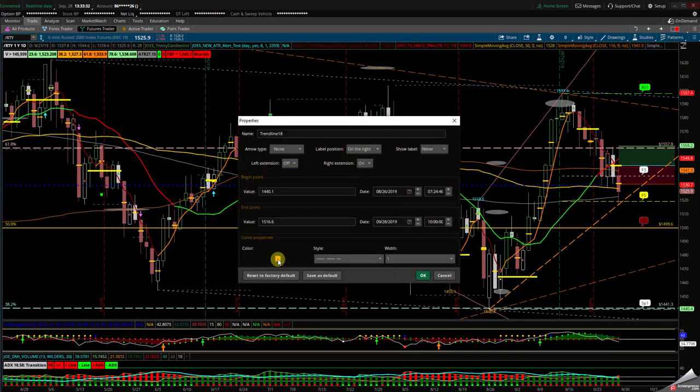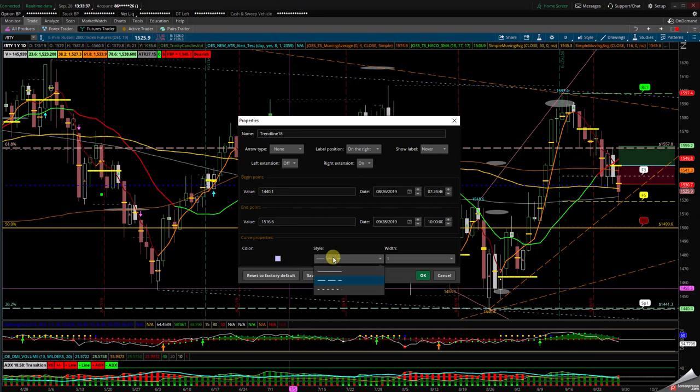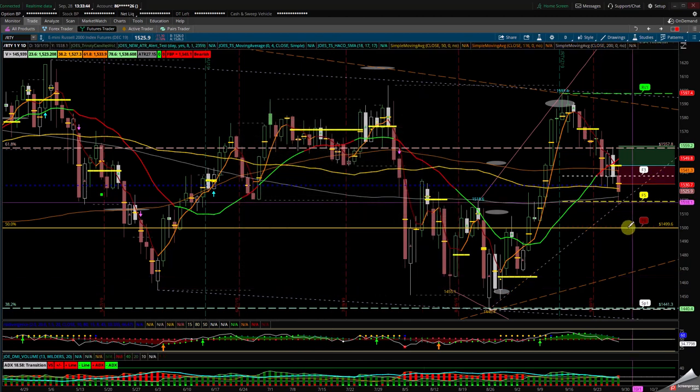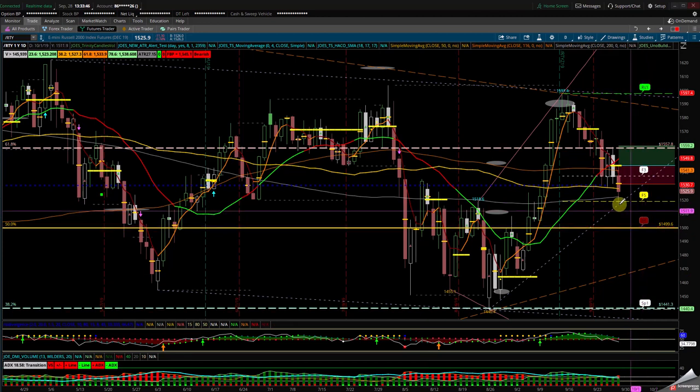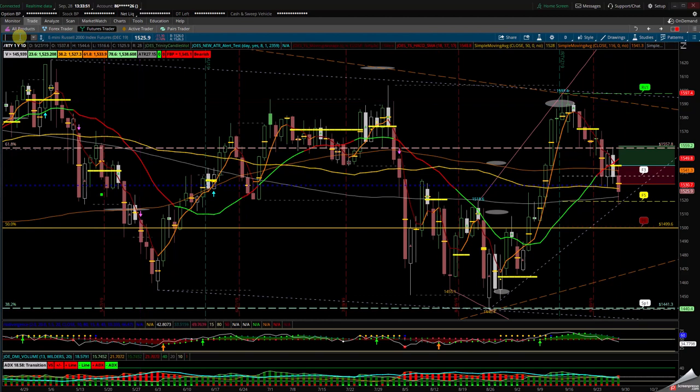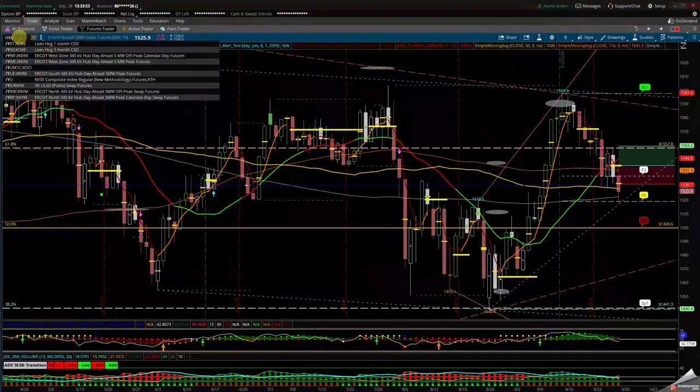And you can come into the study. Just go purple and make it into a smaller little line that you can keep an eye on if it is above or below it. That will keep you in line if it's going to push to the 61.8 or if it's going to reverse and come back up this way. So that's the Russell. Let's take a look at the Dow Jones Industrial Average.